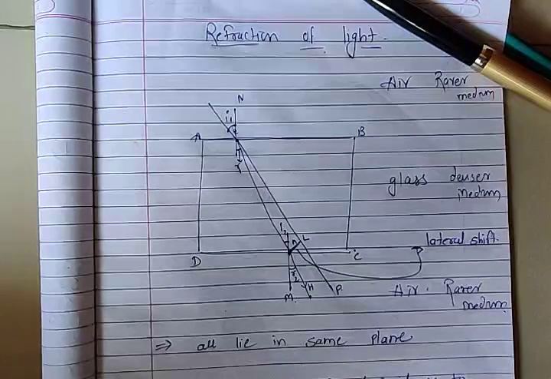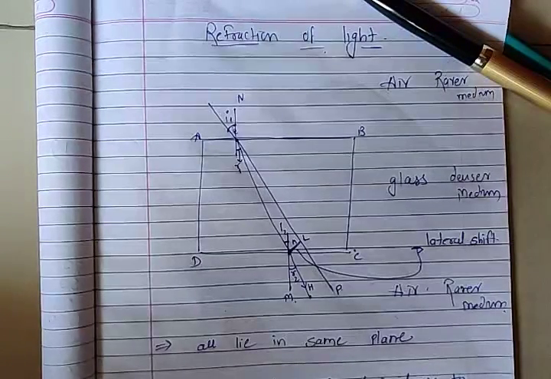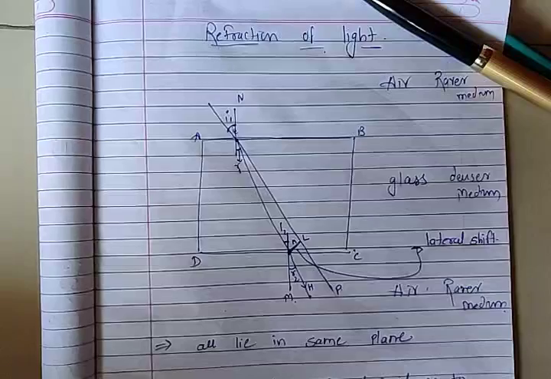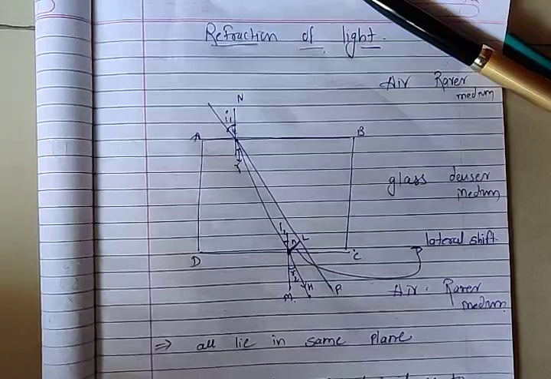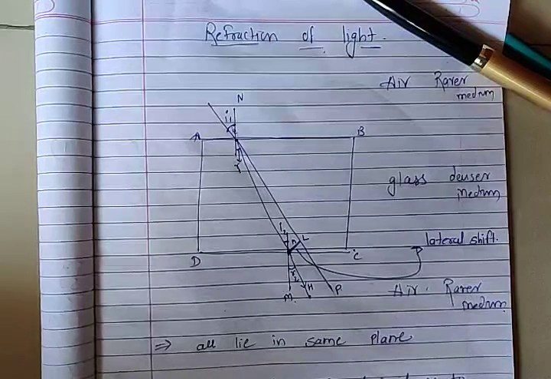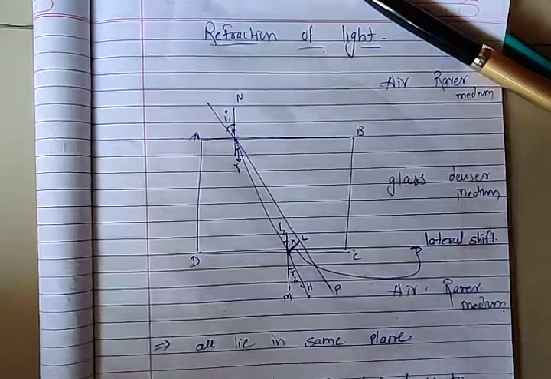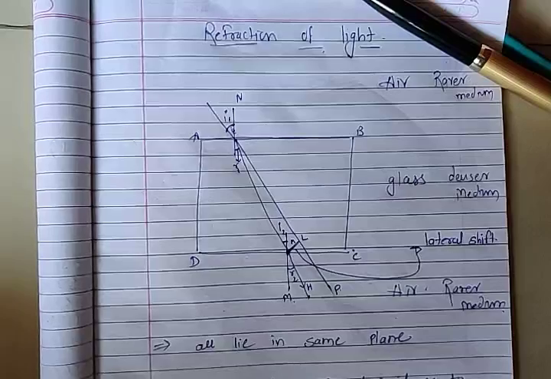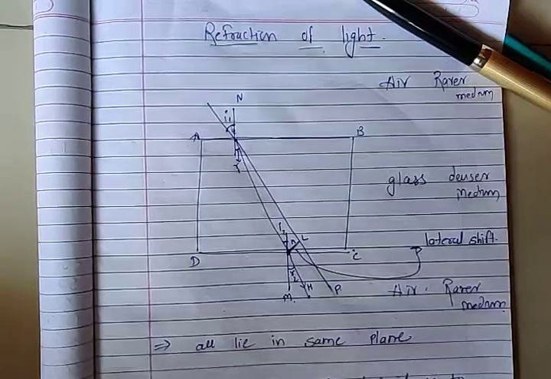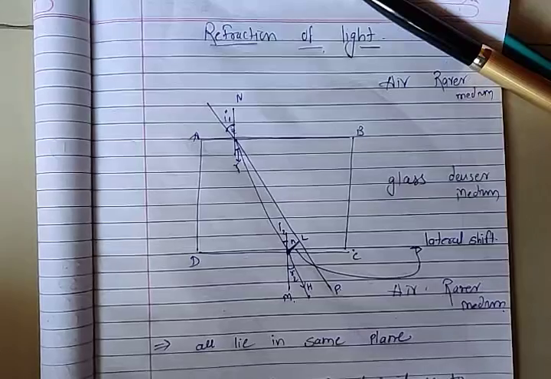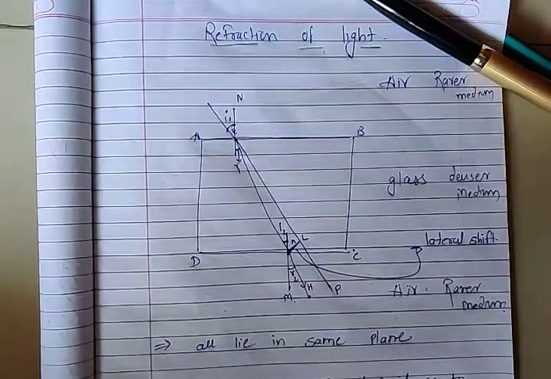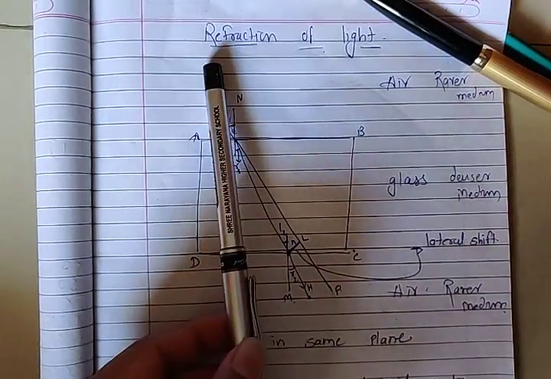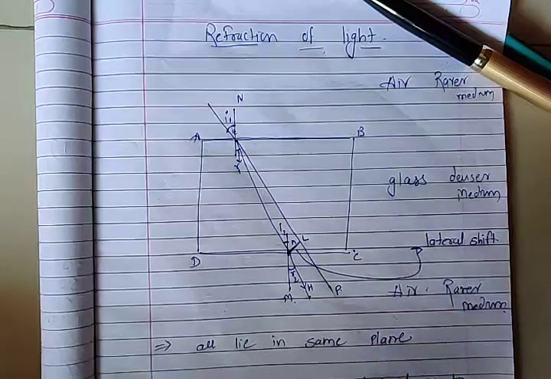The same thing happens when a lemon is put in a glass. You have seen at the sarbat wala's counter that the lemon looks a little bit bigger compared to its original size. In the same way, if you take a half-filled glass of water and put a pencil in it, you will see that the pencil looks broken, or you can see a curve. That phenomenon is known as refraction of light.